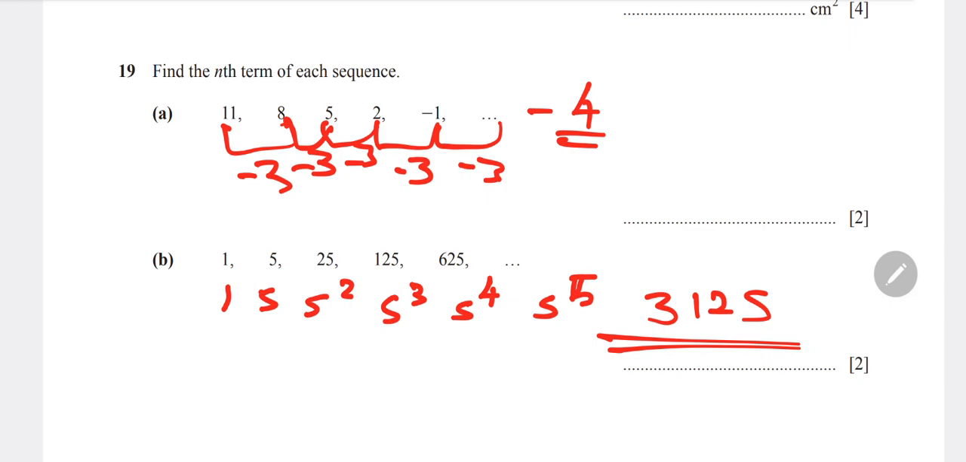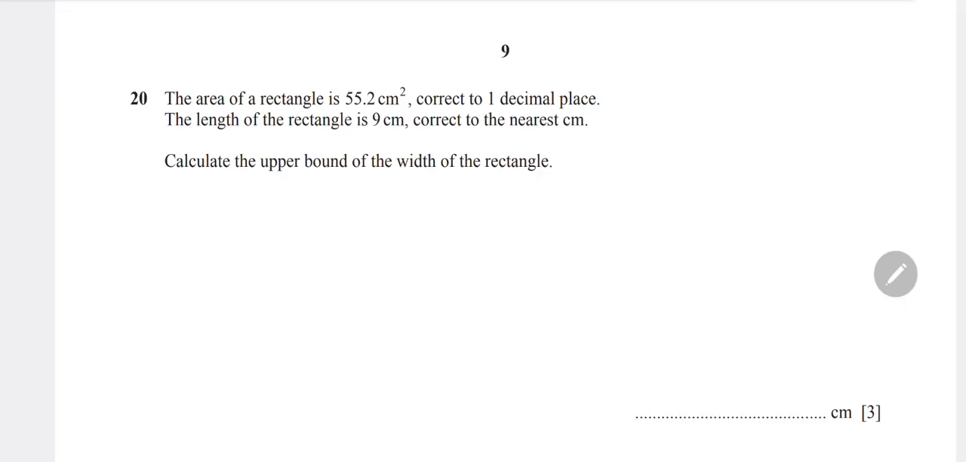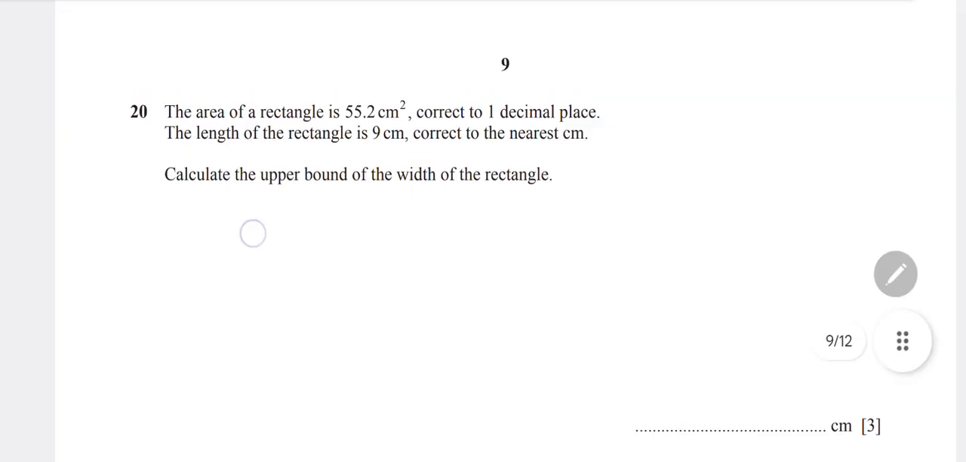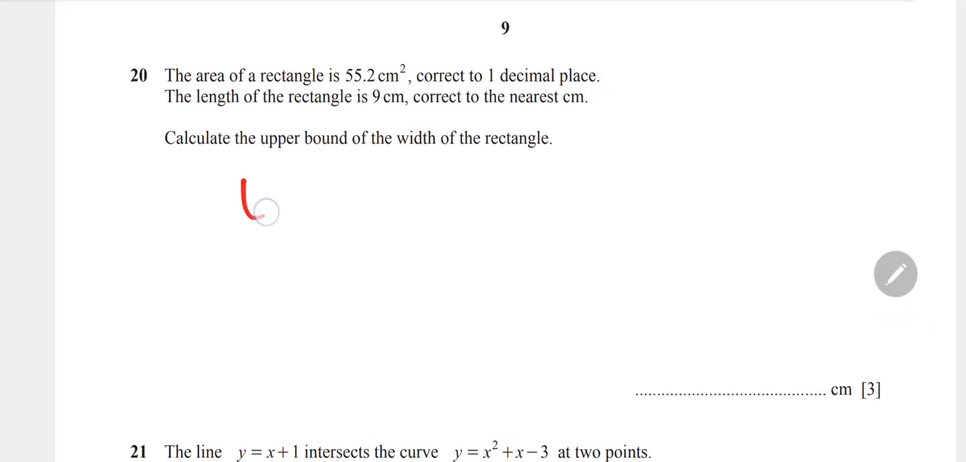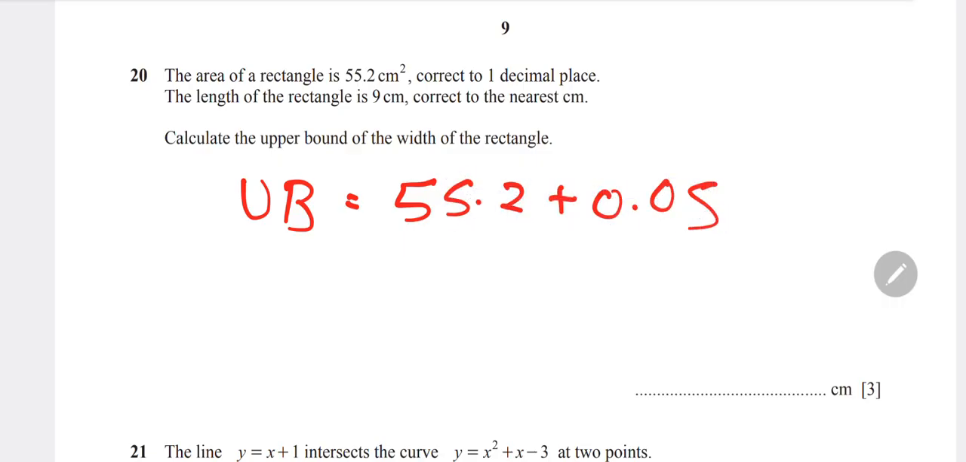Now move to the question number 20. So for upper bound, the area is given in nearest one decimal. So if we need to find the UB value, whatever the area is mentioned, just add 0.05. If the decimal is given to one place, add a two-decimal value. If there is no decimal, you can directly add one decimal value. So here is 55.2. When you add this value, so you get